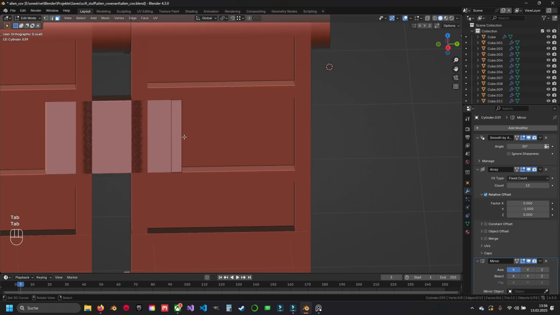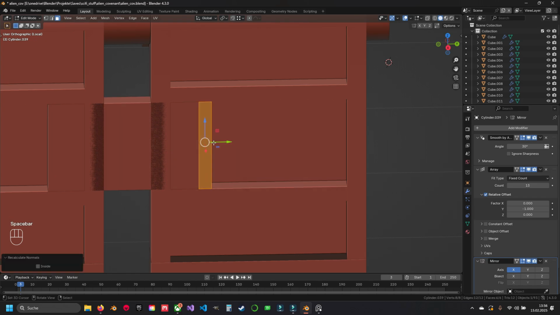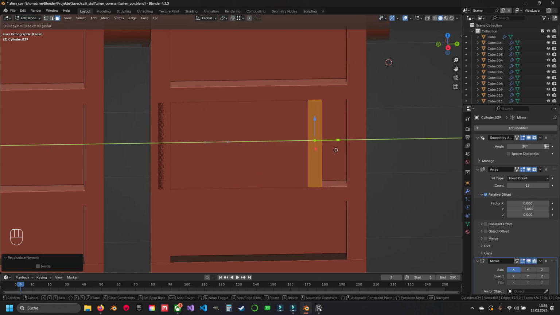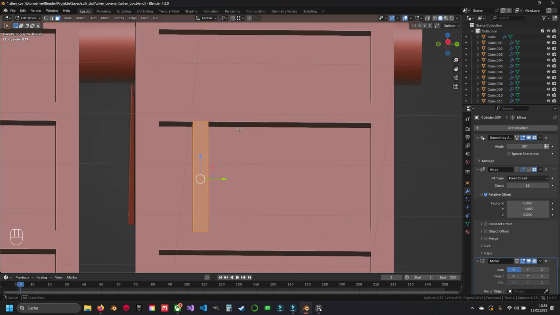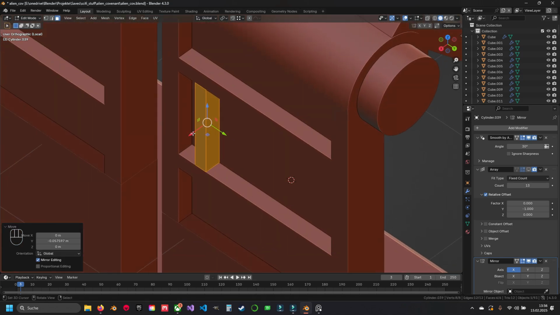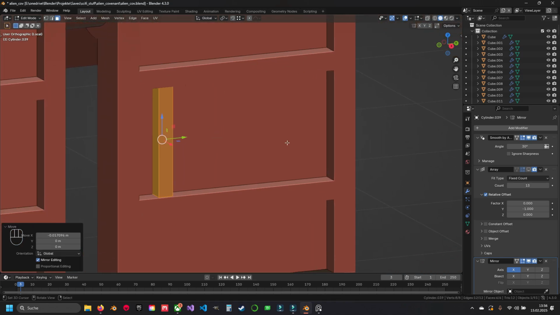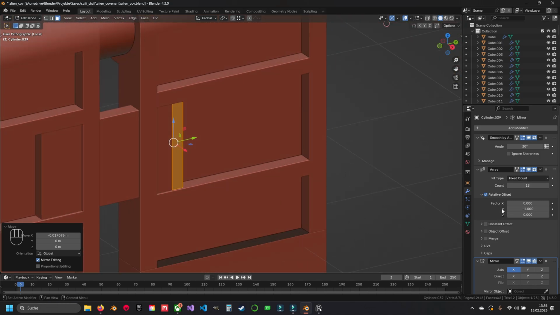Don't worry about this now, it's just the array modifier. Select all, recalculate outside. So I'm going to leave it here. I'm going to deactivate the array modifier for now, because we need it again. So I'm going to put it here a little bit inside so I have a border, and with that we can just reactivate it, and we have just to go to the Y factor and put it right